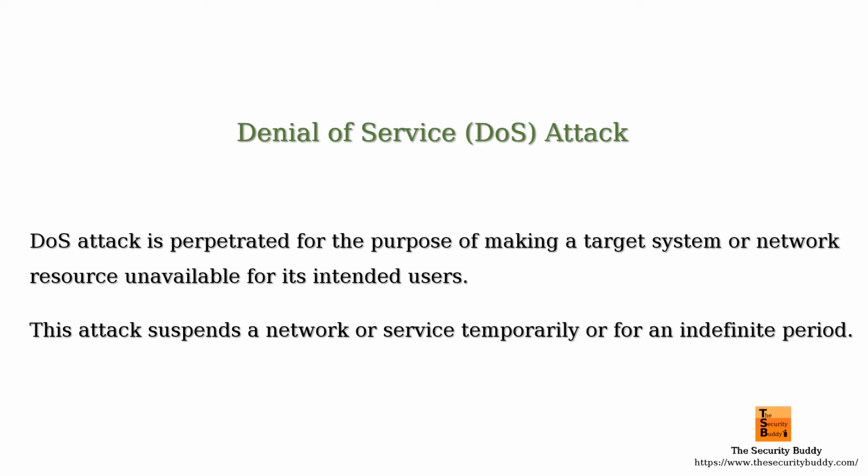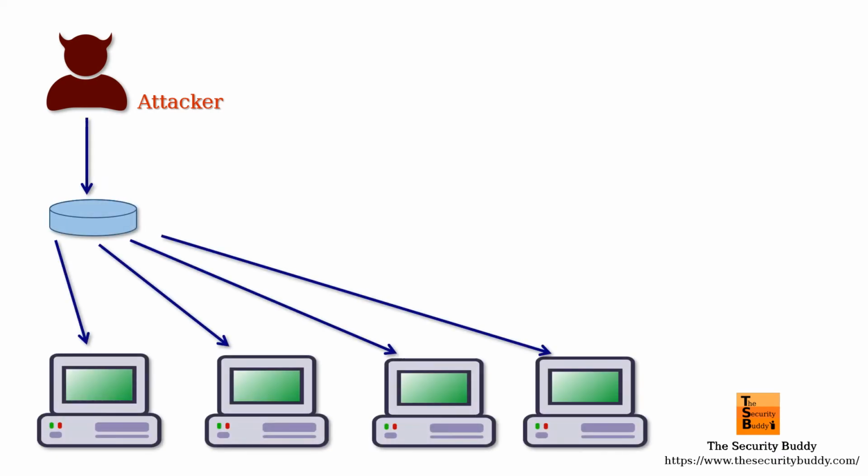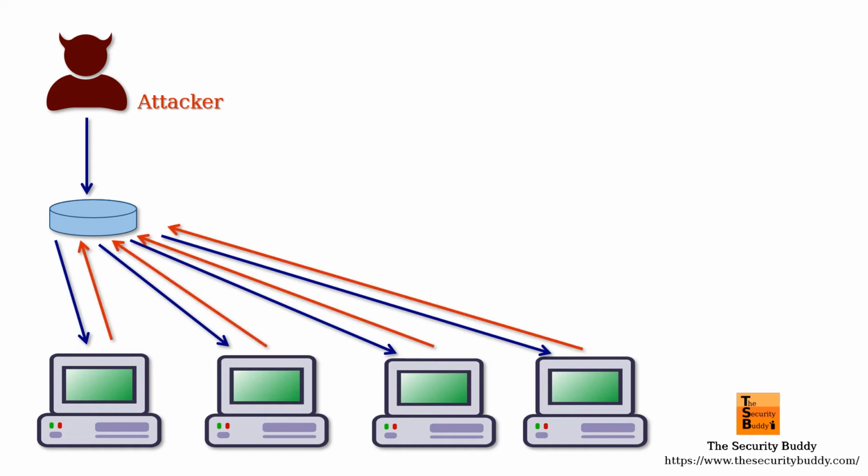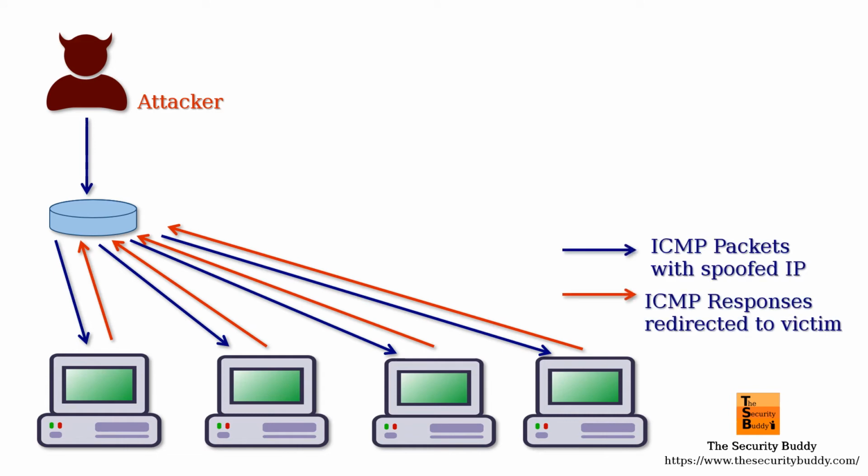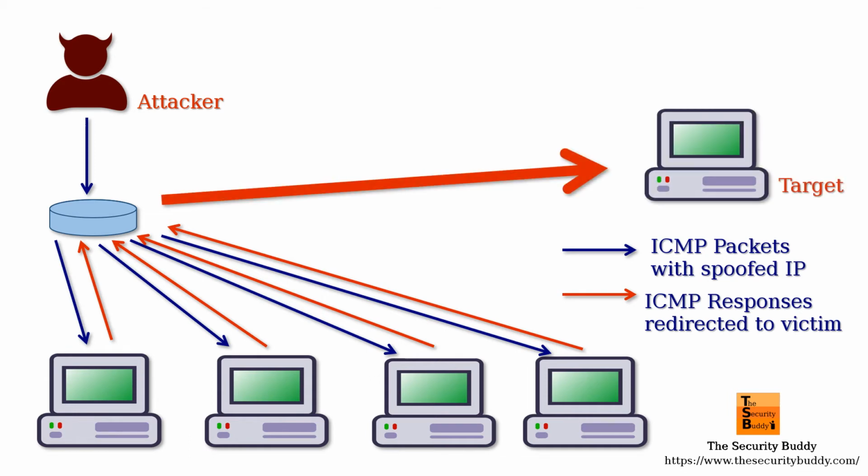In a SMURF attack, an attacker creates lots of ICMP packets and sends them to the IP broadcast address of a computer network. The attacker uses the IP address of the targeted host as the source IP address of the ICMP packets. The devices in the network receive the ICMP packets, and on receiving the ICMP packets, the devices start sending replies. But the source IP addresses of the sent ICMP packets are forged ones. As a result, all the replies are sent to the targeted host's IP address.